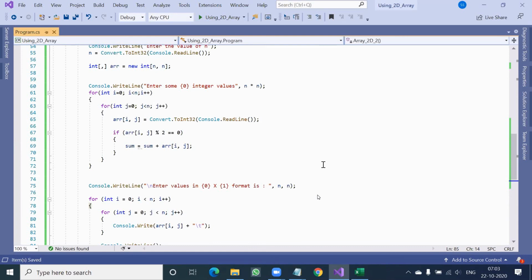Imagine your minus 3. If it is divided by 2, the remainder will be 0 if divisible. Not divisible means it will be something. That something can be minus, that something can be plus, anything. So if minus is also coming, that is also even only. Odd only if some remainder is there.